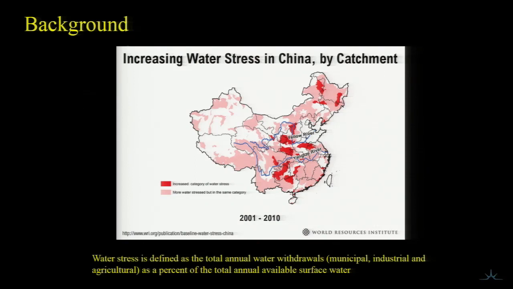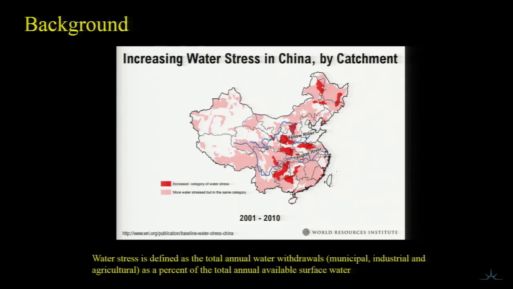The second one is increasing water stress in China by catchment. This is the image from 2001 and 2010 that shows which catchment has increasing water stress. The water stress is defined as the total annual water withdrawals as a percent of the total annual available surface water. So we can see in my study region here in central China, there's an increasing water stress